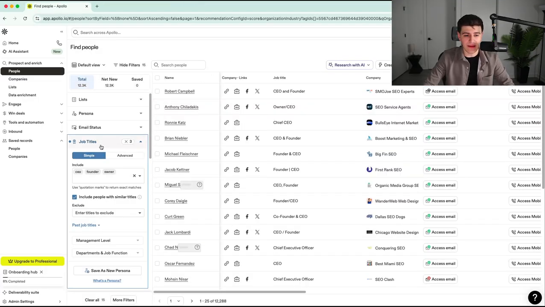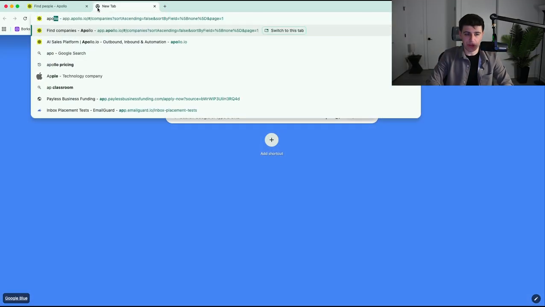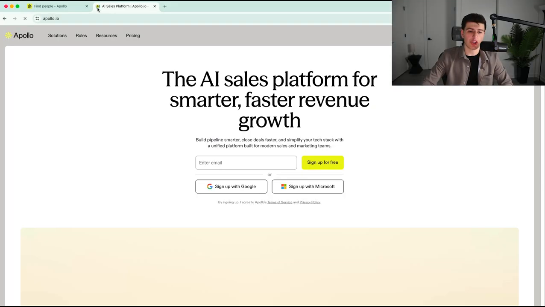Now with Apollo and this current list, I have about 12,000 very accurate contacts. What I can do is go here to more options and press select all and just scrape all the data. Now with Apollo and how their pricing is structured, you essentially just get charged